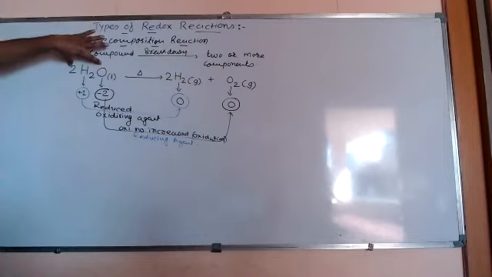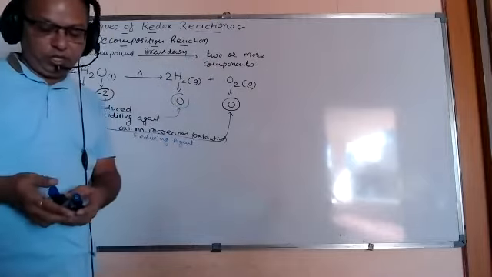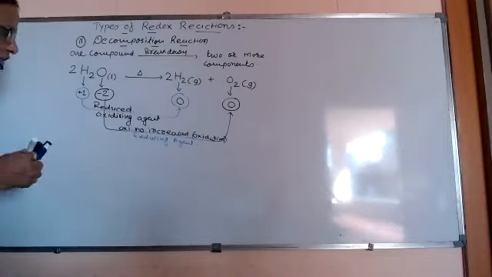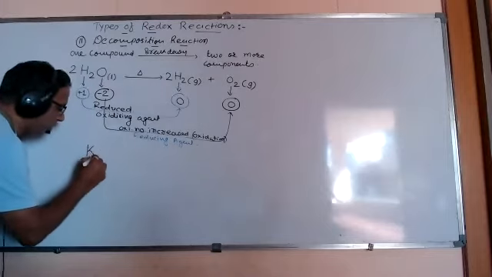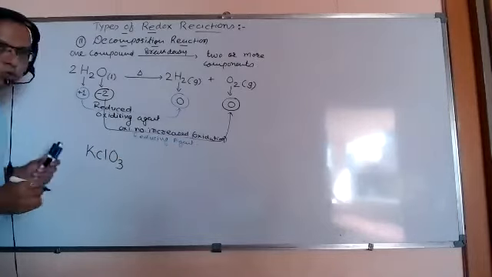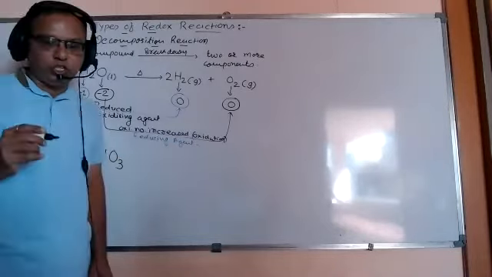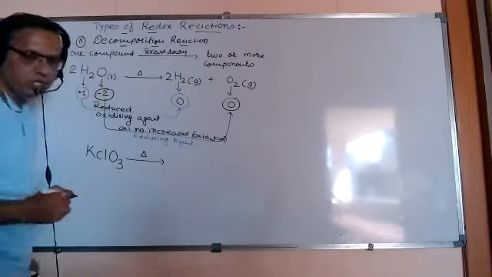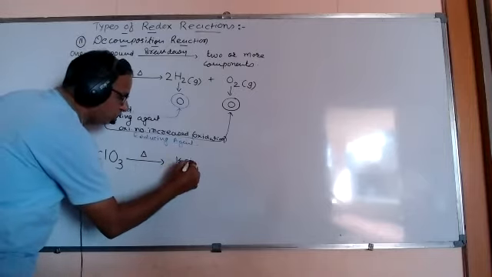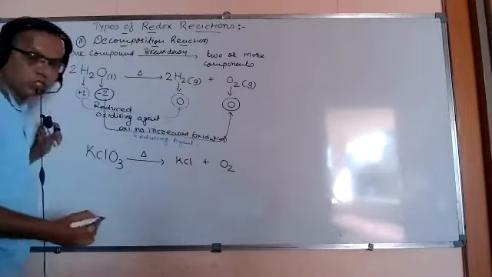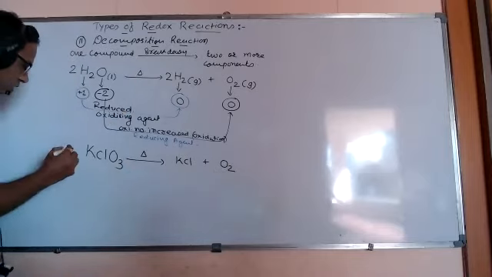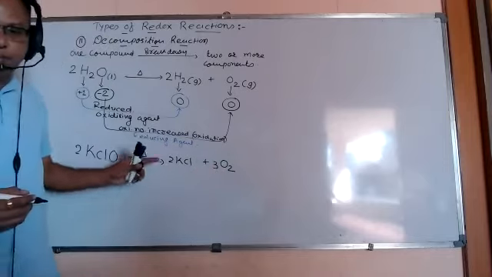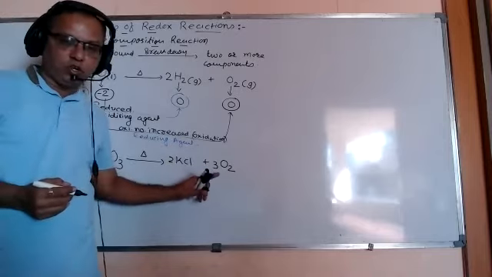So this is all about the reaction of decomposition. You can see one compound is here, two products we are obtaining here, and that's why it is called the decomposition reaction. Now one more important reaction, it is a very well known reaction, friends, KClO3. It is potassium chlorate. This is a very important reaction. When it is decomposed, we will obtain potassium chloride and, friends, oxygen gas. This is 2, this is 2, and this is 3. This reaction is important for the production of oxygen gas.